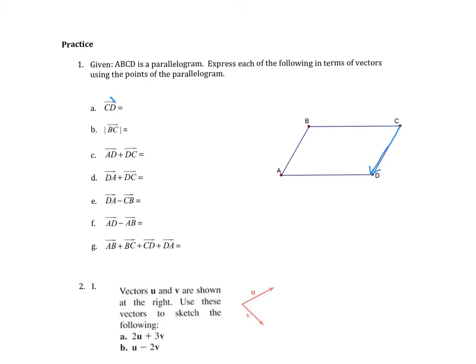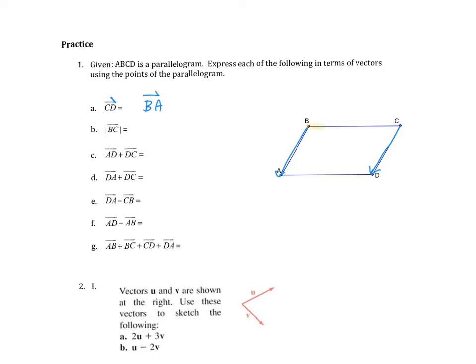So since this is a parallelogram, CD is going to be the same as the vector BA. Remember, in a parallelogram, opposite sides are parallel and congruent. So if they're parallel, they're going to have the same direction. How about the magnitude of BC? Right, so the magnitude of BC,